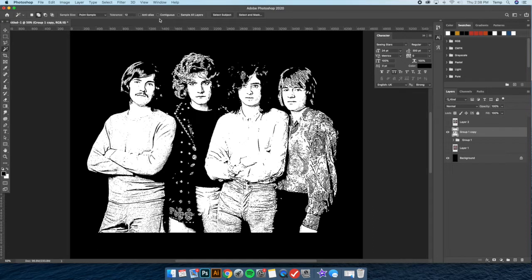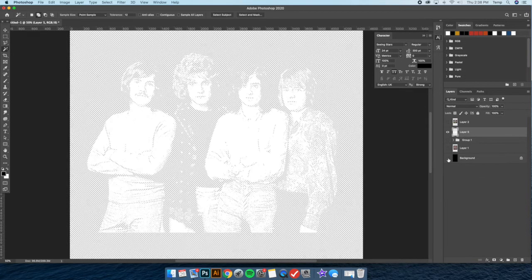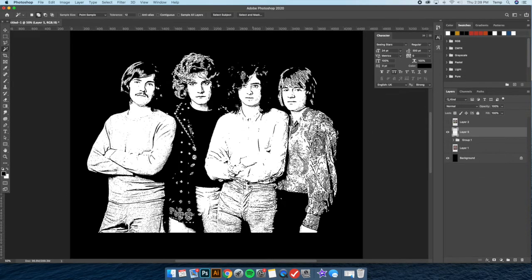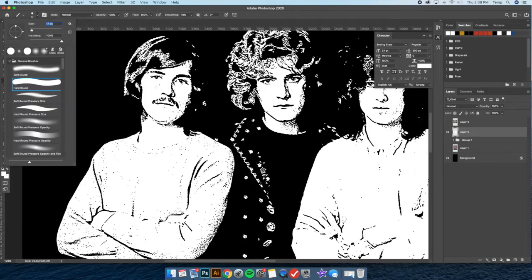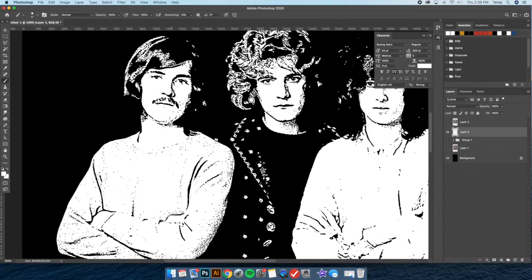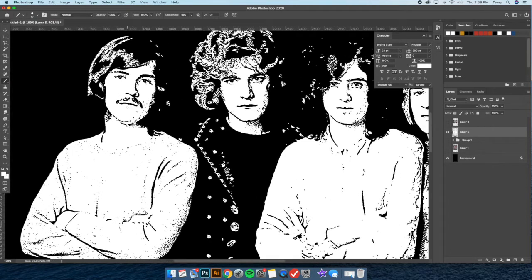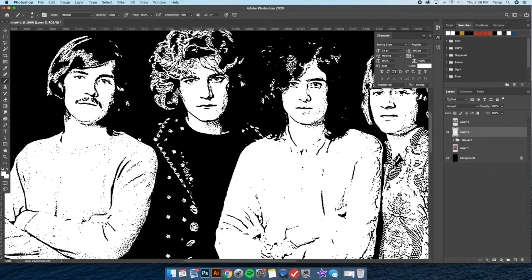Okay, so then I'm gonna grab the magic wand tool, click all the white, and do Command J, bring that to the top. And so now we just have a white layer. I'm gonna do some quick fixes here, where there are little dots that are distracting. Get rid of those, so it's just nice clean blocks of color. Some of these little things are fine, that adds more detail, but